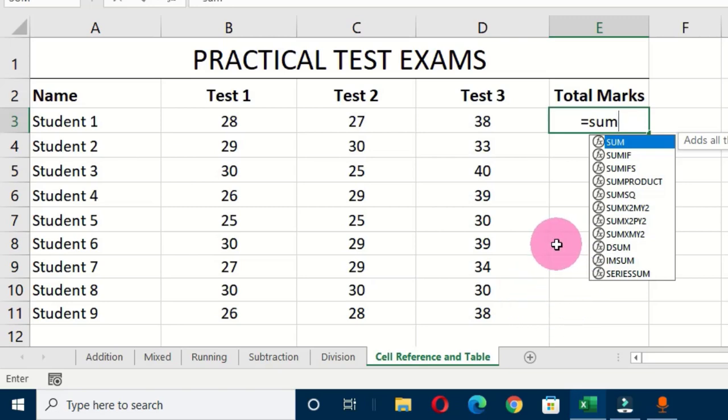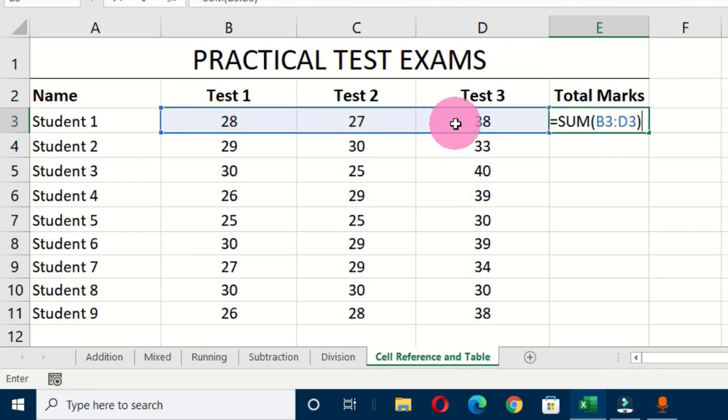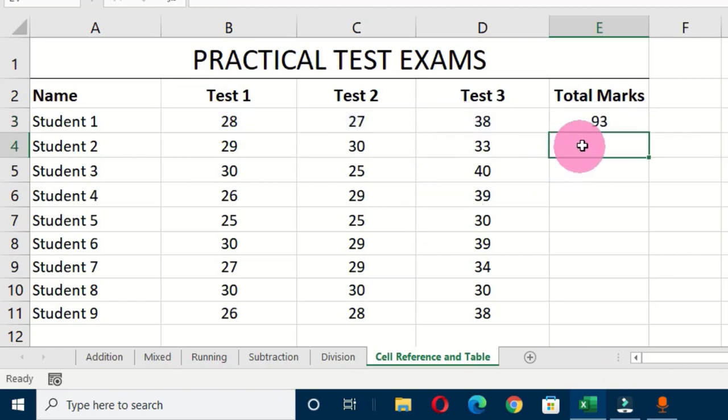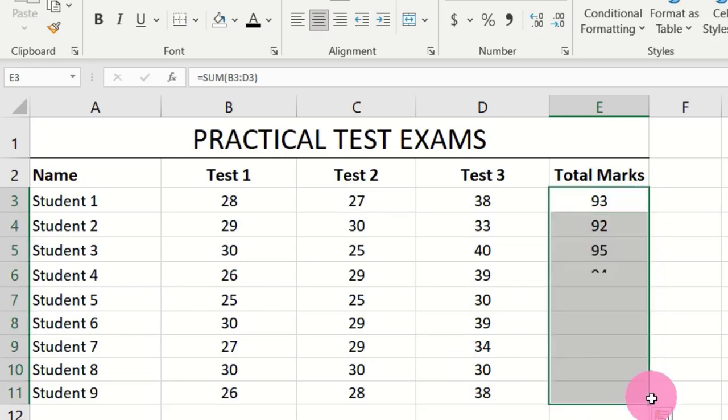So we can use the sum function, then we double click on this. We are going to have this, and it says number 1, number 2, and we are going to select all these cells, close the parenthesis, and hit the enter key. Now in this cell, when I move to the formula bar, this is calculating the values in B3, C3 and D3. Therefore, if I use the fill handle and drag this to the last student,